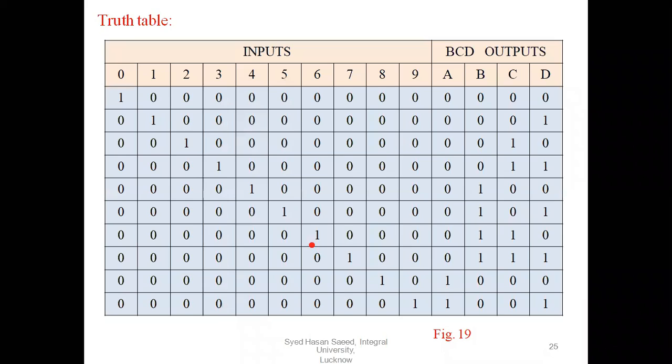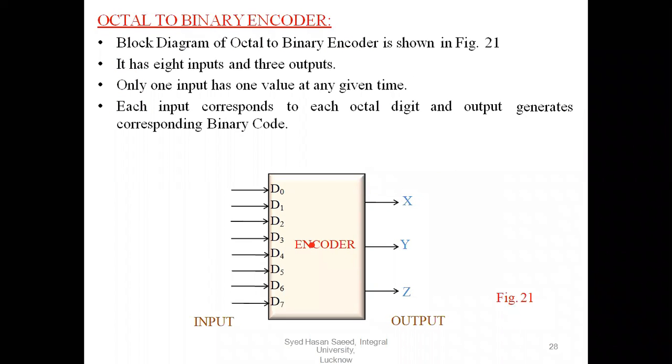So first we have to see the easiest one, that is the octal to binary encoder. Oct means what is the value of oct? 8. For the octal to binary encoder, how many inputs do you have to pass? 8 inputs. How many outputs will it get? 3 outputs. Why? Because octal to binary, you give 2 power n inputs to the encoder, and the encoder converts them to n outputs.